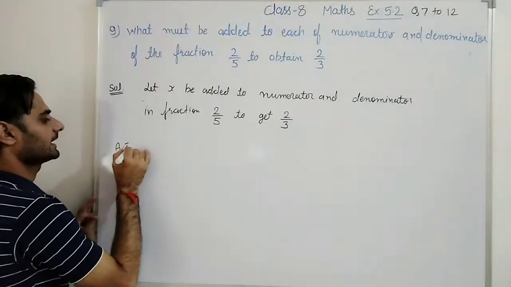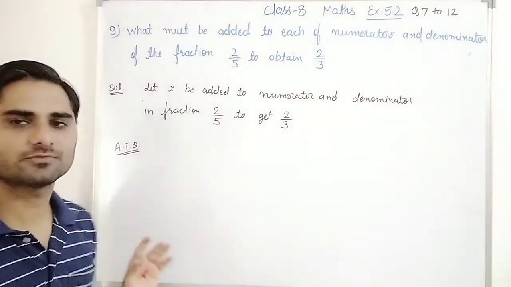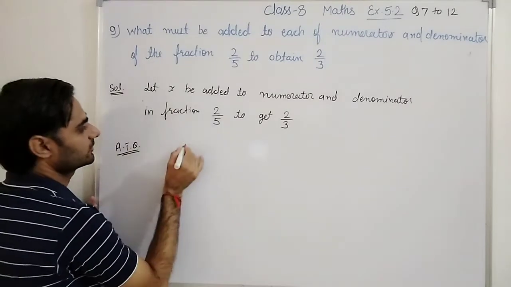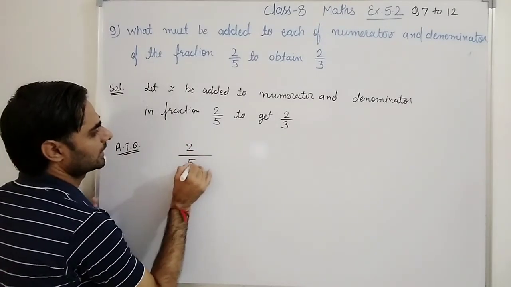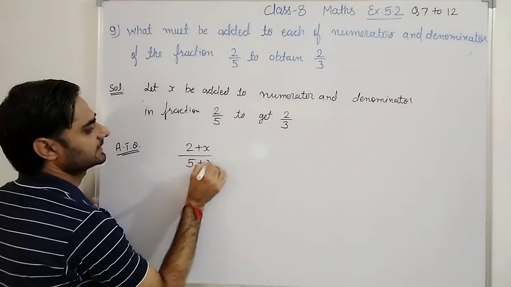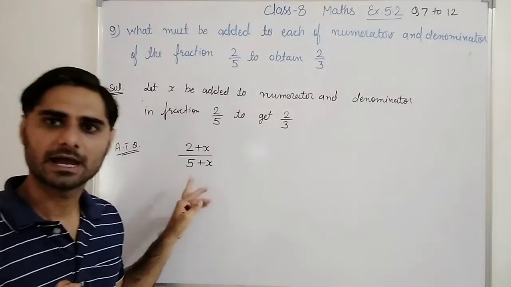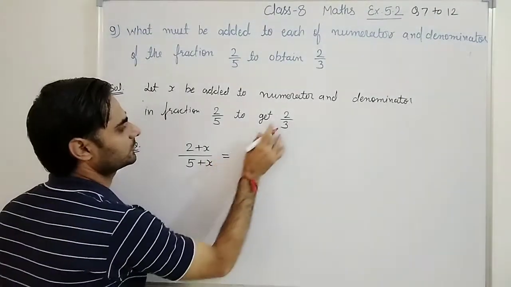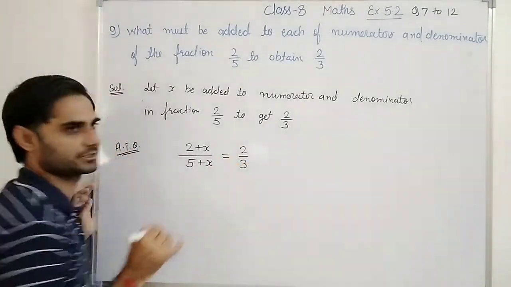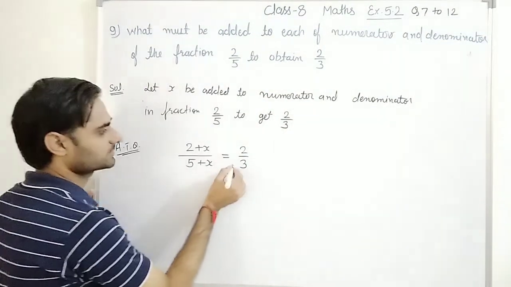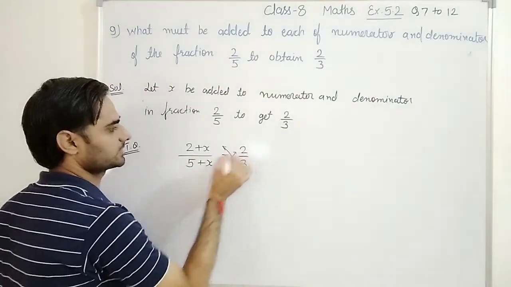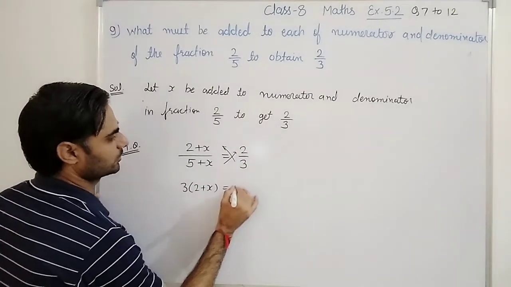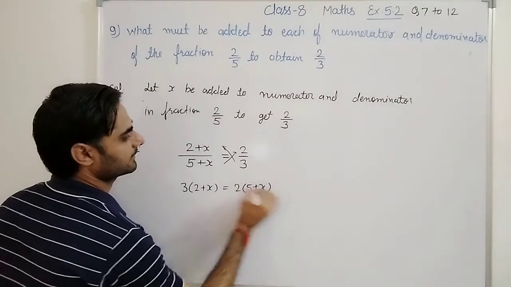So here according to the question, when we find the value of x, the same number we will add in the same. So now this 2 upon 5 is given. In this one also we will add, and in this one we will also add, x only. So here this should be equal to 2 upon 3 actually. Right? So can we take cross multiplication? This one here and this one here. So this 3 will be multiplied by 2 plus x